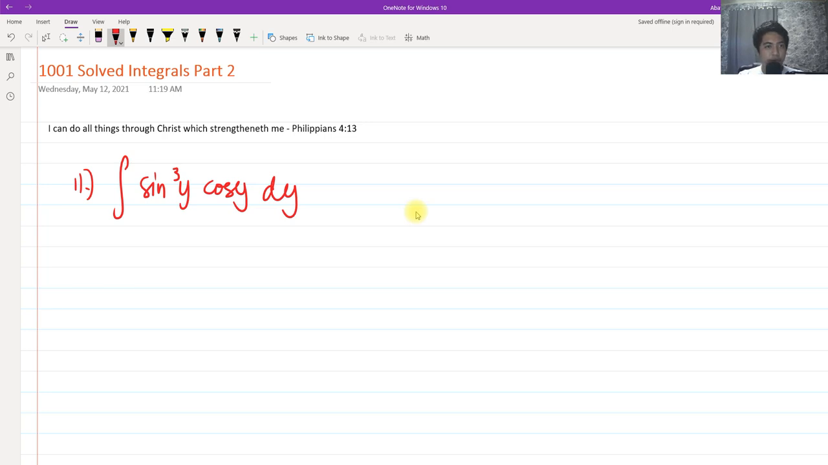Hi, so for today we are going to continue our 1001 Solved Integrals Part 2. So this will be number 11, and let's try to solve again 10 problems in the integrals. Okay, so for this topic, for number 11, we have the integral of sine cubed y cosine